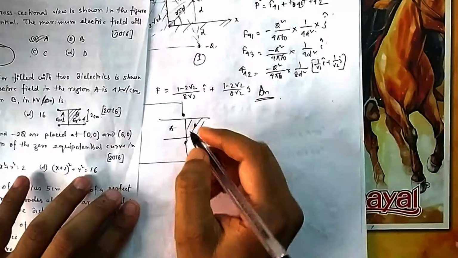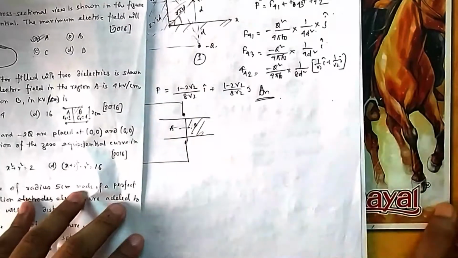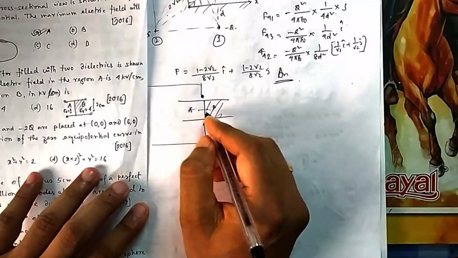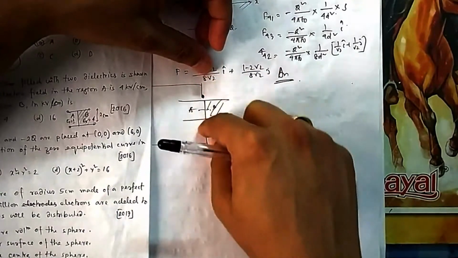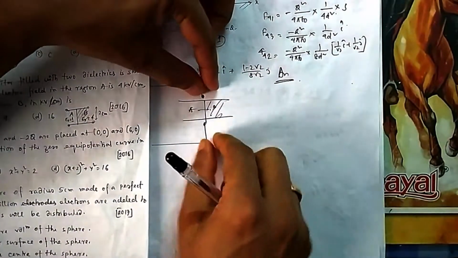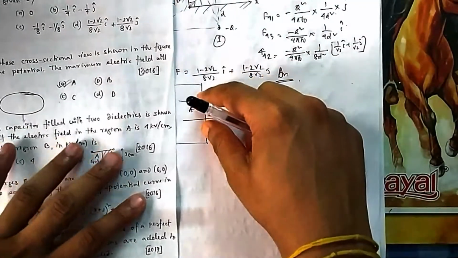What I told you in the boundary condition: if you move from this to this direction, then there will be a difference in electric field and D. So in that case there may be a difference of E also. But here you are not moving from one boundary to another boundary, because you are giving voltage across these two. So this will be the same because they are in parallel connection.